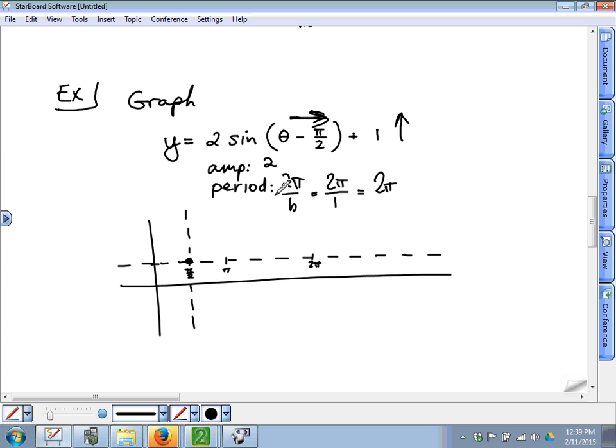You still with me? What if this had said plus pi halves instead of minus pi halves? I would have shifted the y-axis to the left, so I would have had a dotted line over here. You guys following? So when you have vertical and horizontal, I would shift both the x-axis, that's the midline, and I would shift the y-axis. You clear? Yes. Okay, now,